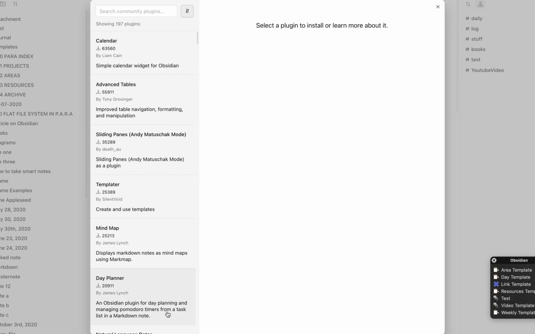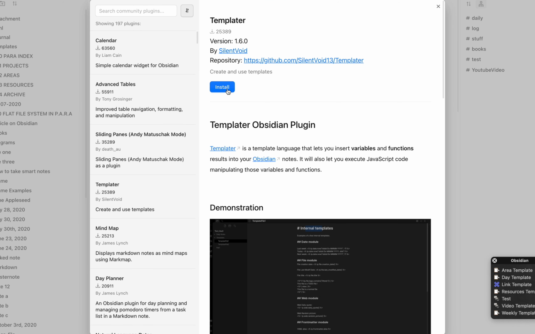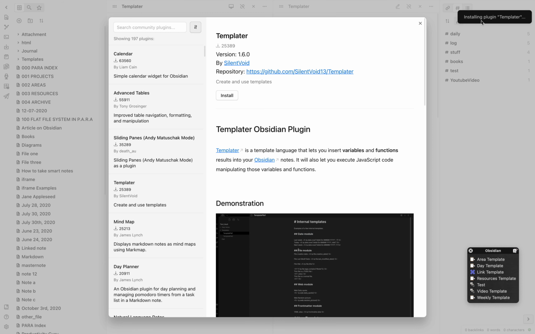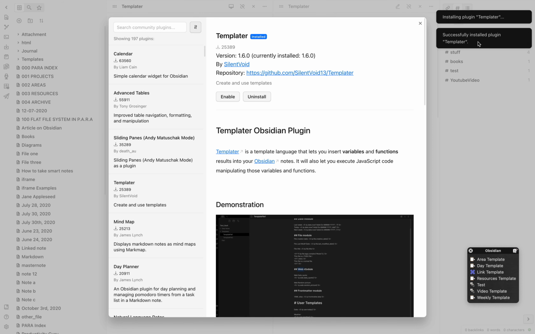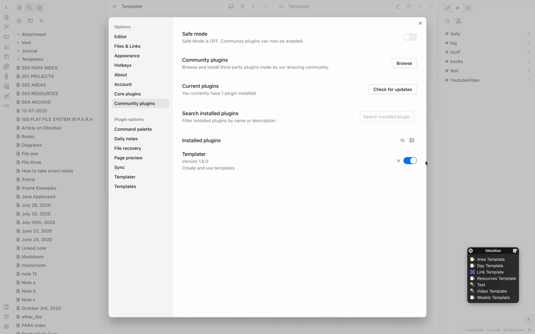And over here, it will show all the plugins that are currently available. We are right now looking at Templater. So we click Templater and install. Now it will show you that the plugin is successfully installed. Now there are two ways of enabling this. You can click enable here, which is the easiest way, or you can also toggle on and off from here. As you can see, the Templater is enabled here. Don't confuse that with Templates, which is the inbuilt module.